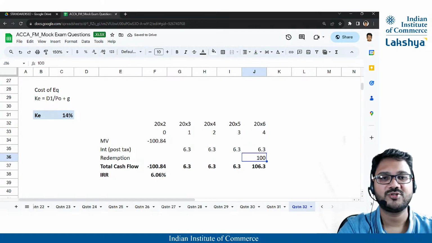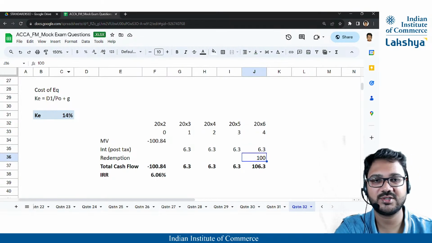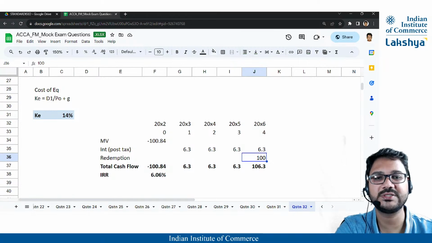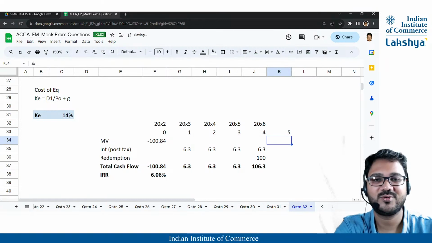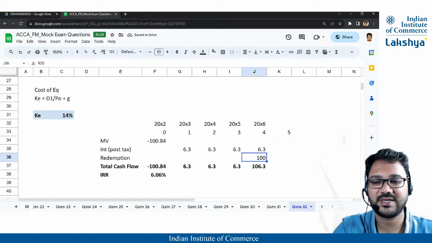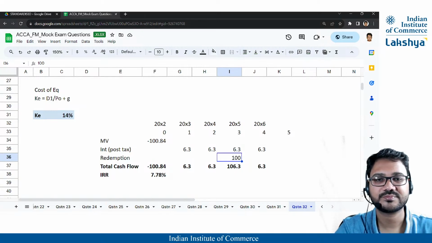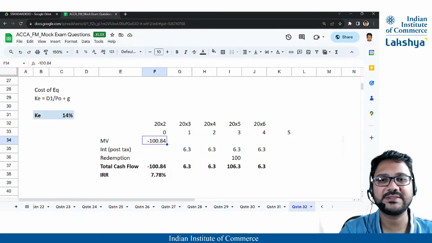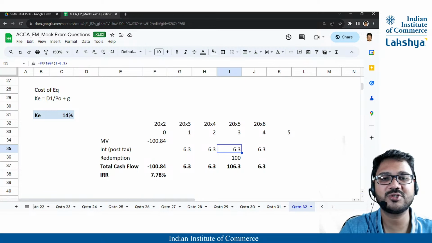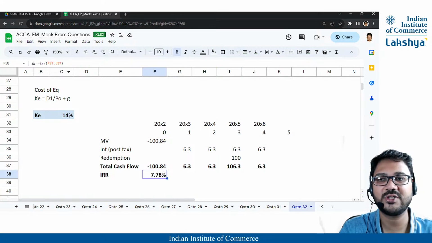All right. So this cash flow, which we first thought was to be received in year 4, since everything is happening at a delay, is actually getting redeemed over year 5. Right. So year 0, your market value will be as is. Then year 1, 2, and 3 is only what you are going to consider.